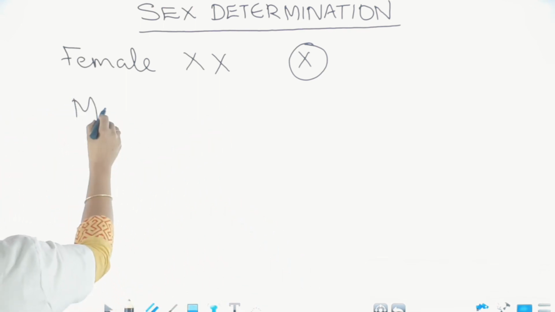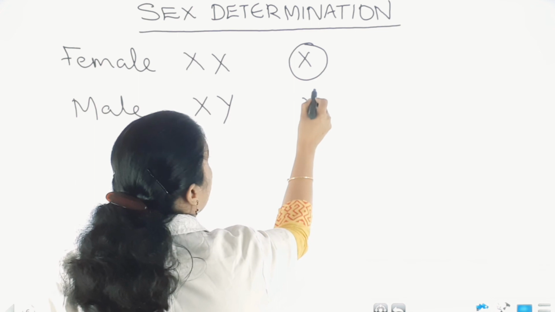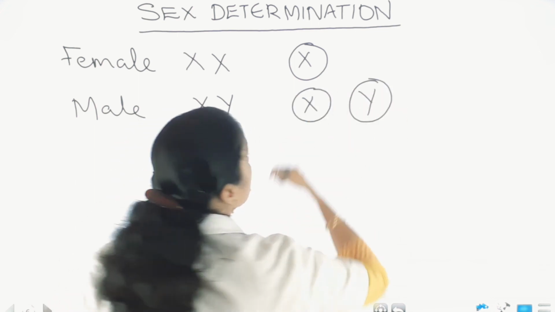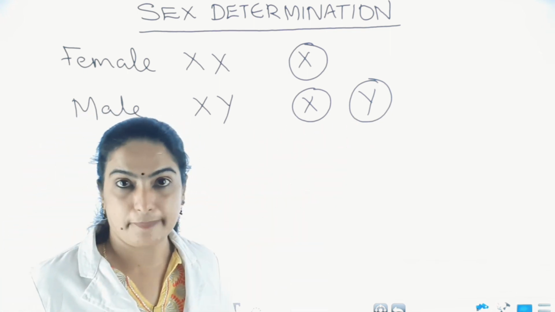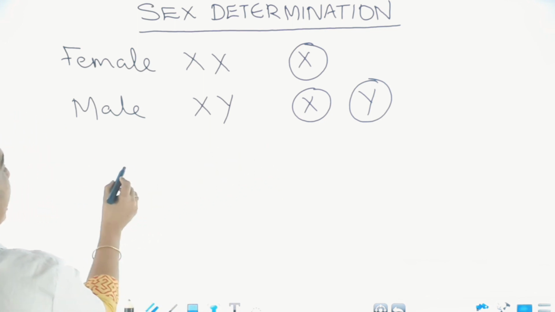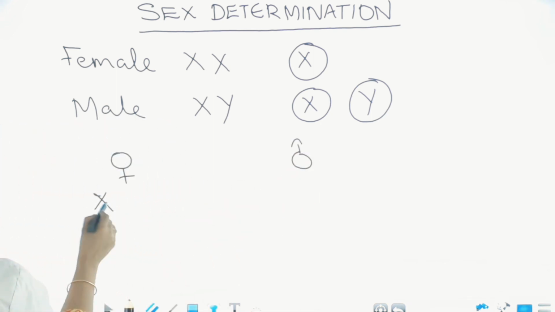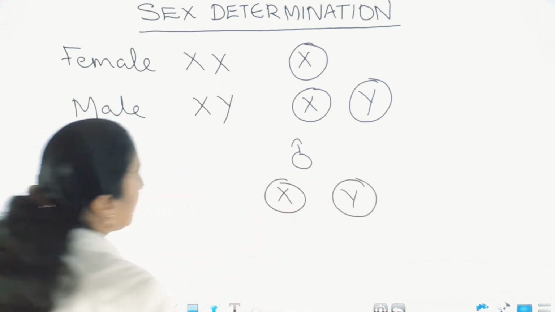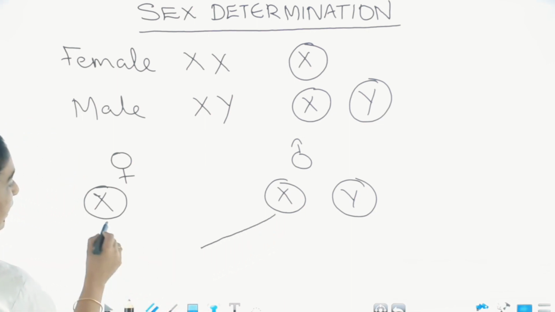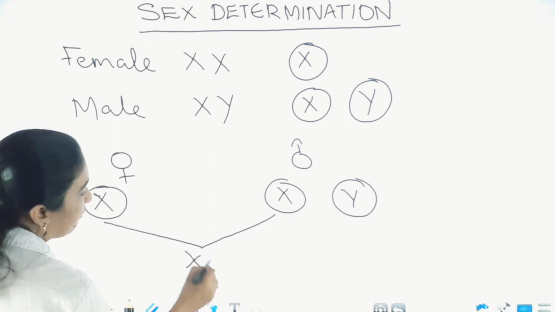The sex chromosomal pattern of male is XY. So the male gametes consist of two types of sex chromosomes: X chromosomes are there and Y chromosomes are there. So clear? Suppose this is the female, XX, and this is the male, XY. Suppose the X chromosome carrying sperm is fusing with the egg or ovum,